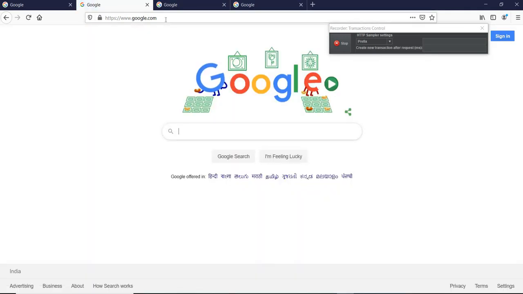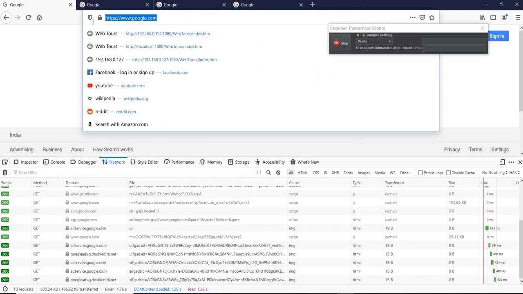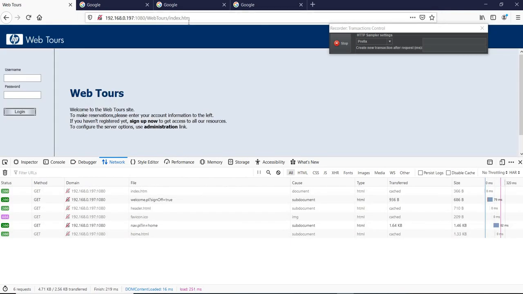So what exactly is a stateless protocol? It is a protocol which does not carry the state or the identity of the request, which further means that it does not know where the request is coming from. Then I go back and type in the address again. Now this is my home page.